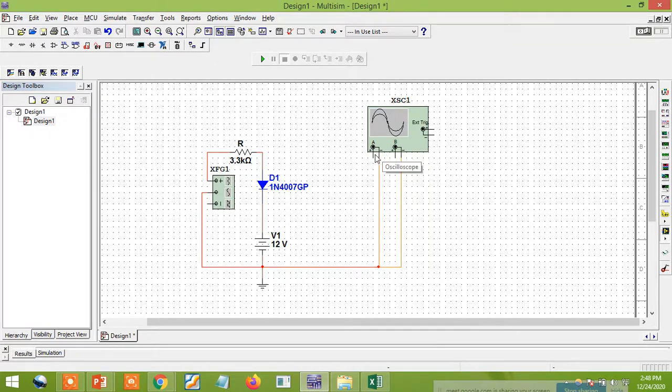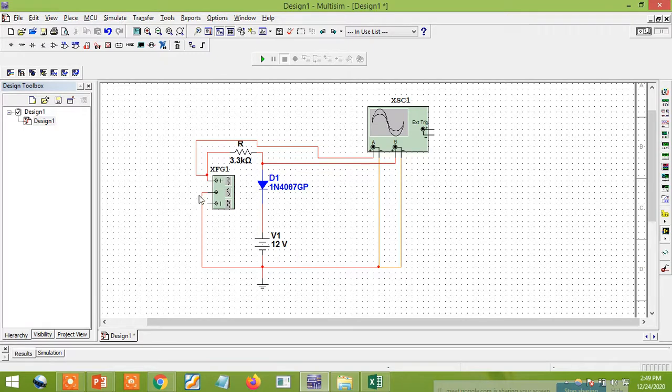And the positive, first you can connect to the input here. So this is the signal generator positive terminal I'm now connecting to see my input waveform, and the output I need to connect here to channel B. So this is the output connection I'm going to connect here. That's all. Channel A positive I'm going to connect to the input, and B I'm going to connect to the output.